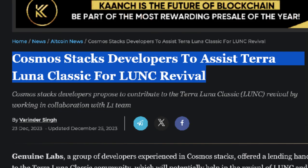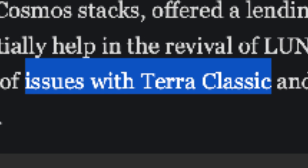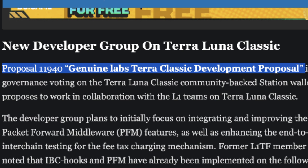Genuine Labs, a group of developers experienced in Cosmos stacks, offered a lending hand to the Terra Luna Classic community, which will potentially help in the revival of LUNC and USTC repeg. The developer team discovered a number of issues with Terra Classic and submitted a proposal for voting to address these issues. Proposal 11,940, Genuine Labs Terra Classic Development Proposal, is up for governance voting on the Terra Luna Classic Community